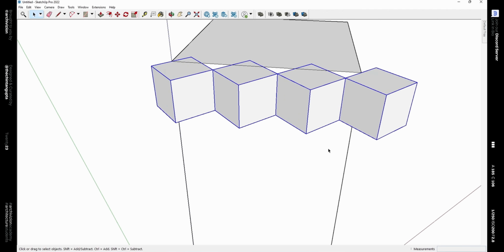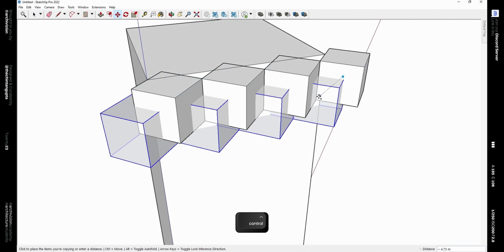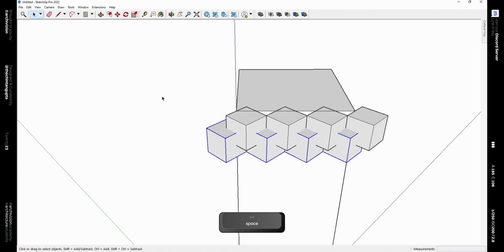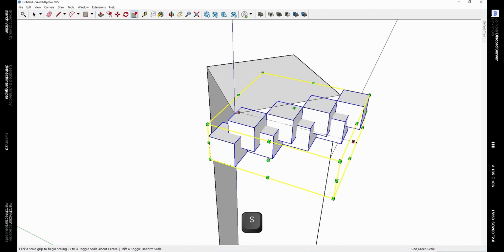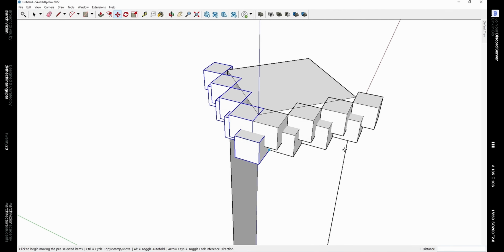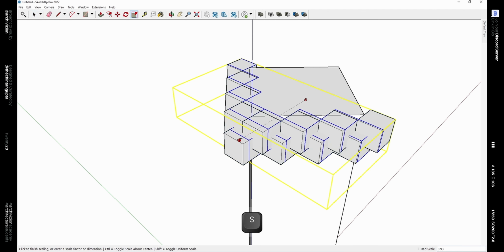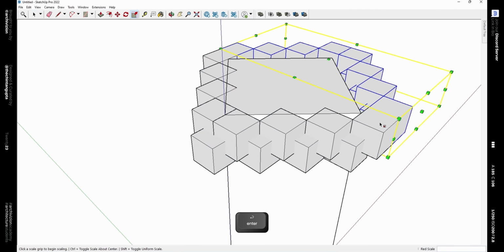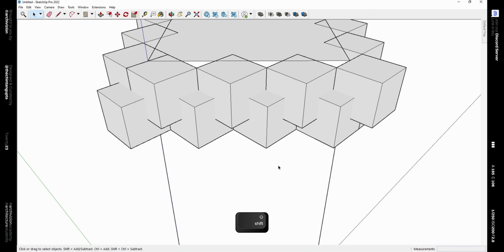Now select these 4 components and use the move tool and hit Alt 3 times on your keyboard. Move them from the center and place it over here like this. Now select these 8 components, copy them and paste them in place, and then scale it and type -1 to mirror it and place them over here. Similarly, do it again. Select all these components, copy them, and then paste them in place using Ctrl Shift V and hit scale, and then type -1 to mirror them, and then place the component over here like this.